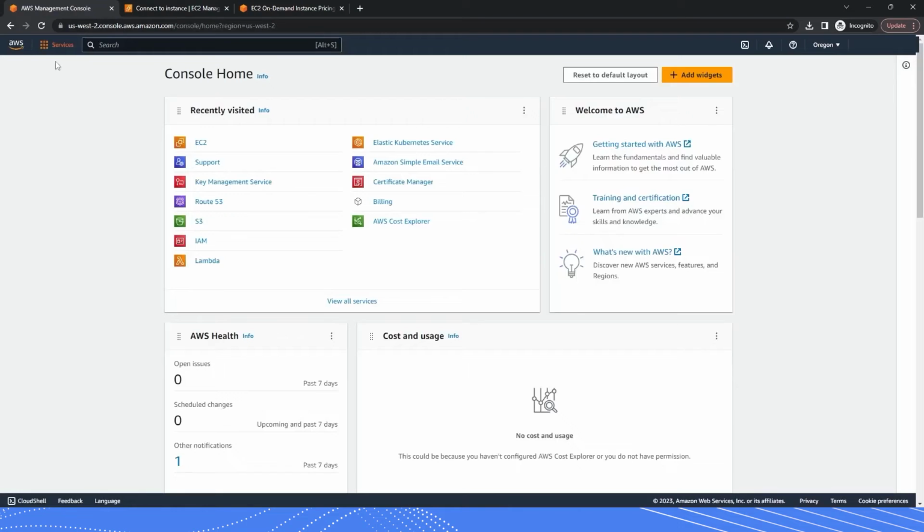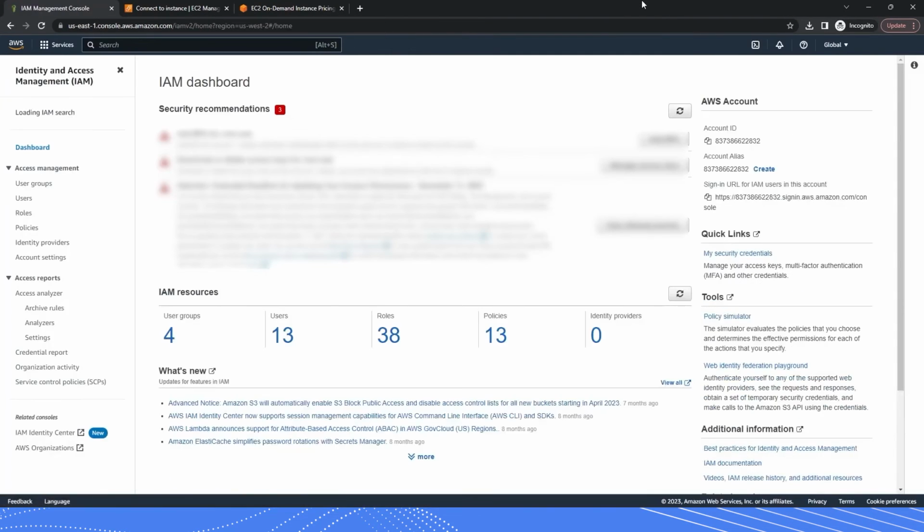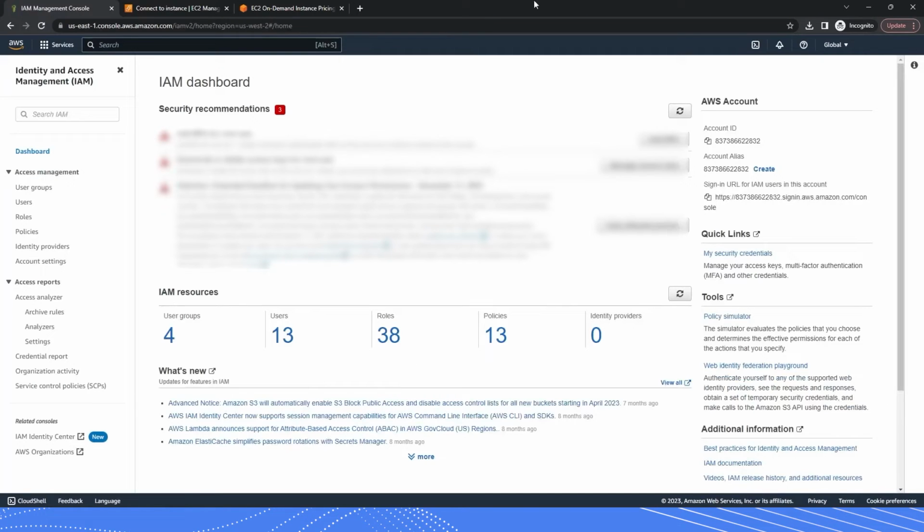And I'm always going to start at the console home screen. And what we now need to do is to create a user. The way that I do that is I go to IAM. And I'm at the IAM dashboard, and this is where I'm able to create users and then assign certain roles